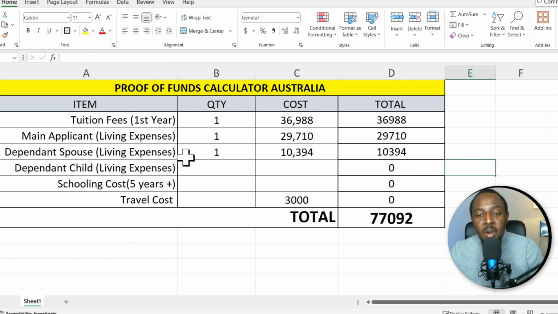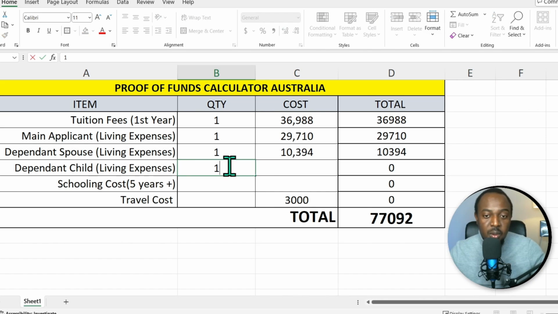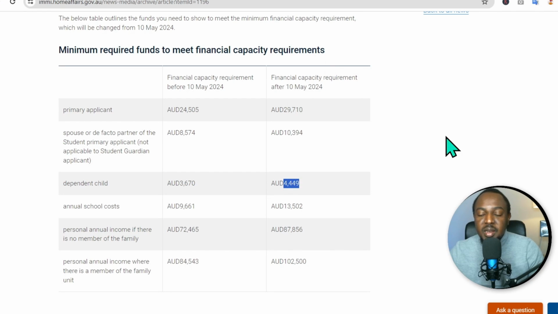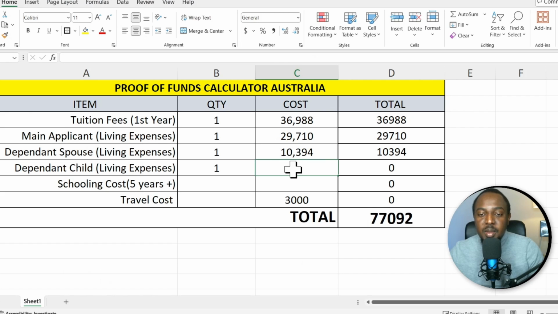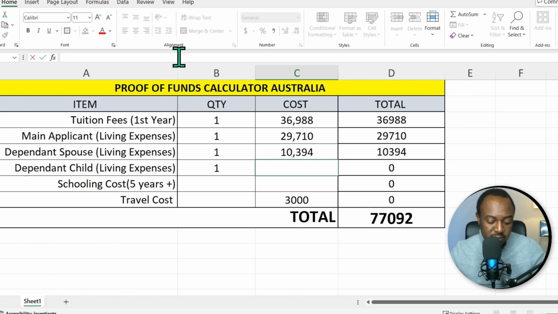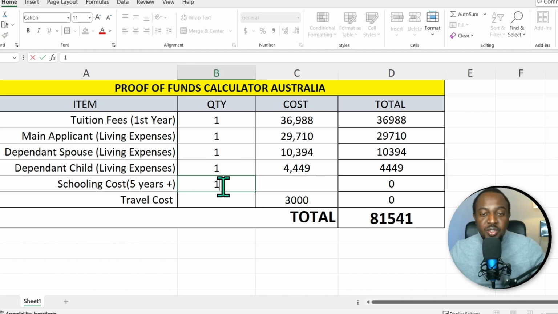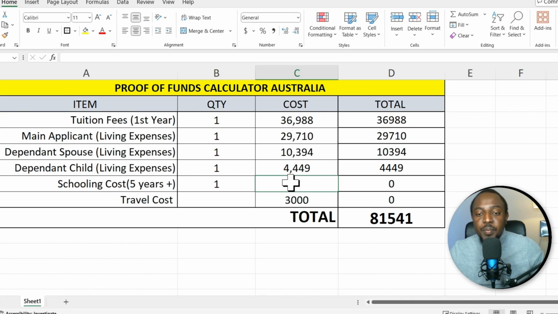So assuming they only have one wife, if they've got any dependent child, so let's say they've got one child, they also need to show an extra 4,449. So I'll come here and I'm going to put this. And if your child is over 5 years old, you also need to show proof of funds for school fees because he needs to attend school,